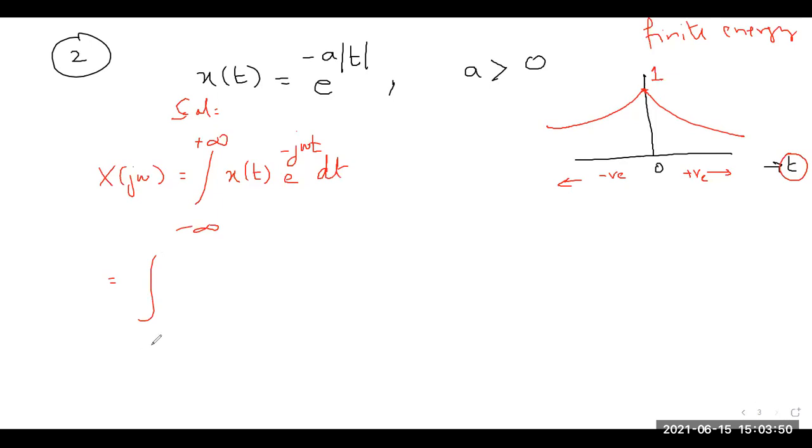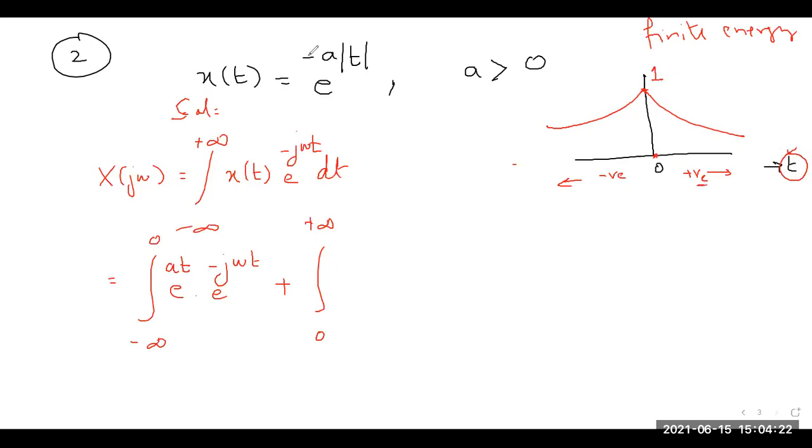So from minus infinity up to 0, the signal, because t is negative, becomes plus, so we get e power a t times e power minus j omega t. And then the other interval is from 0 to plus infinity, which means from this point onward where t is